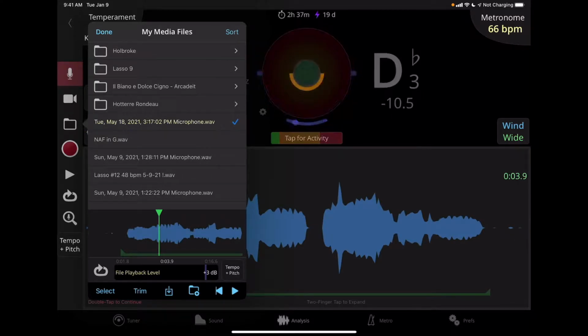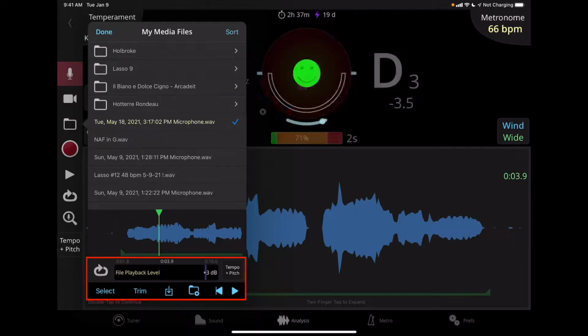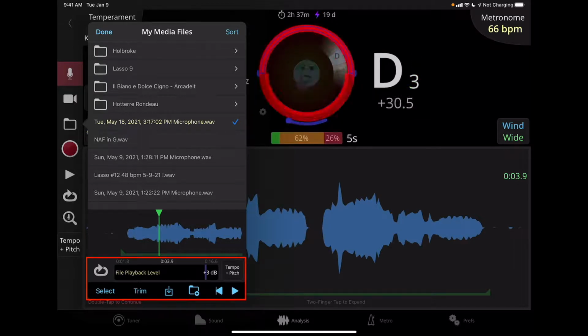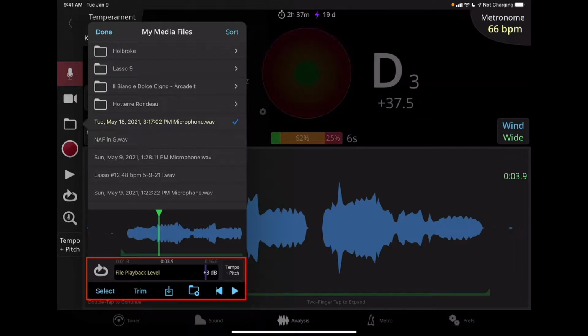Now let's say I want to change that. I'm going to go down to this bottom menu here underneath the file menu where I have select, trim, import, new folder, and then I can edit from here, as well as change the file playback level or the tempo and pitch, or turn on the loop even. So there's a lot you can do here. I'm going to hit select,